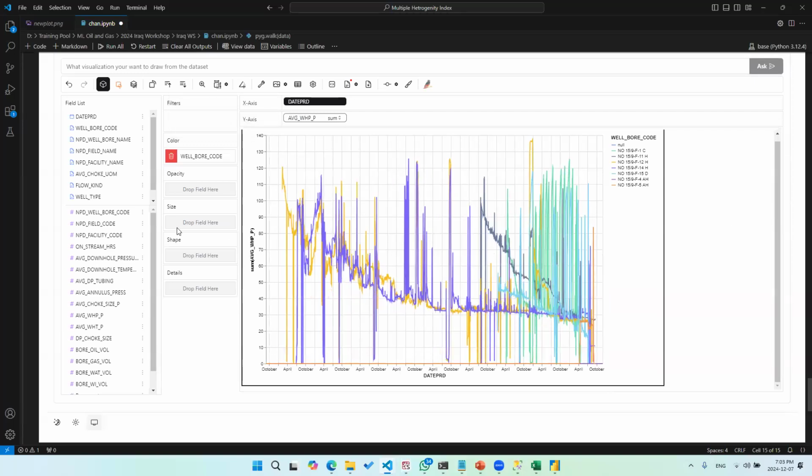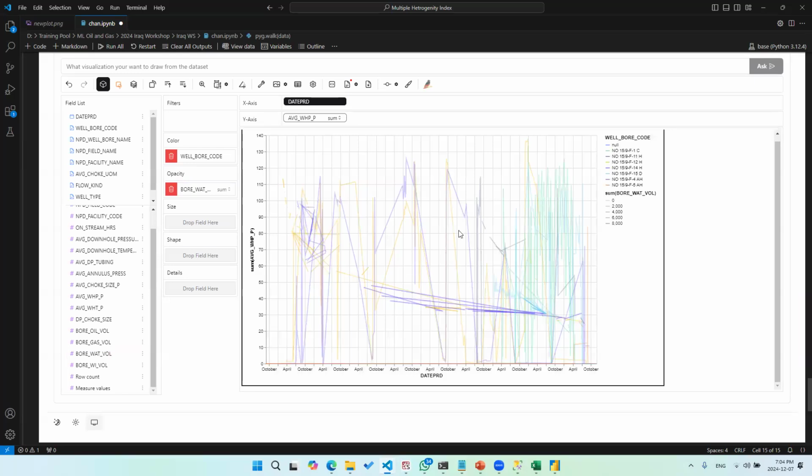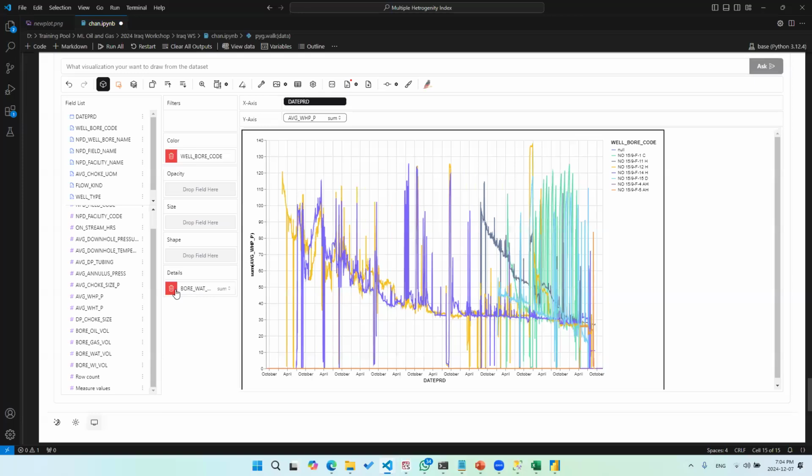There we go. Now this is what the chart looks like. Of course, you can use different things as well. For example, you can use the size, or let's say the shape of the scatter, or the size of the scatter to explain a different parameter. For example, maybe I want to explain the volume of the water based on the opacity. So the lighter it is, it's going to denote one thing, and the darker it is, it's going to denote a different value. This is regarding the water volume. You can also use the size, which is going to be the scatter size. You can use the shape or the details. Basically, you can break down this by anything you want.